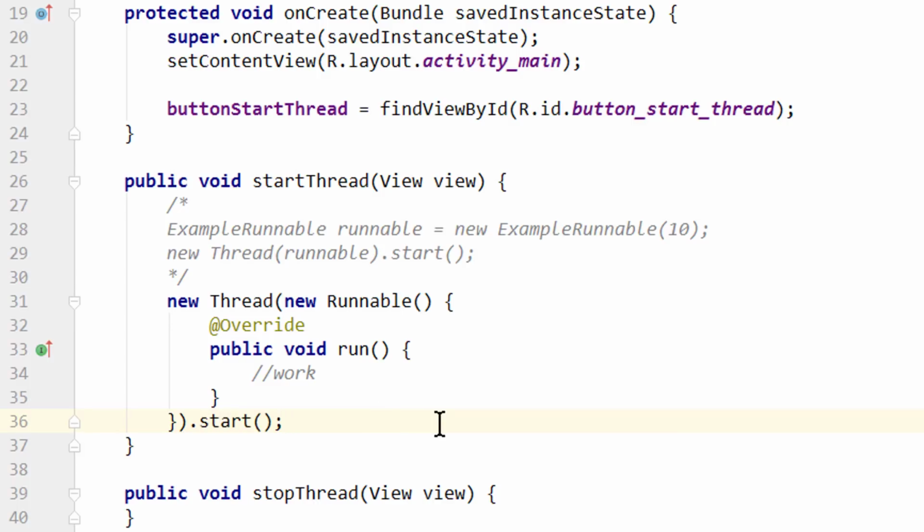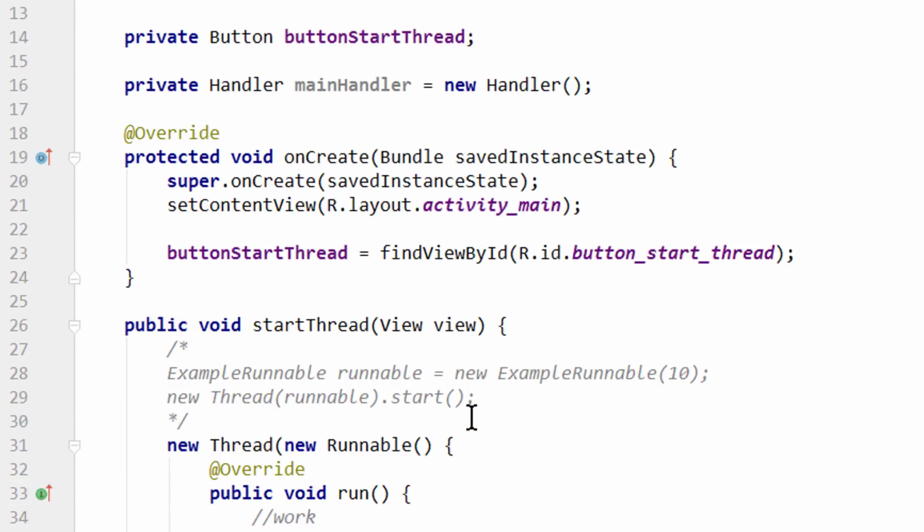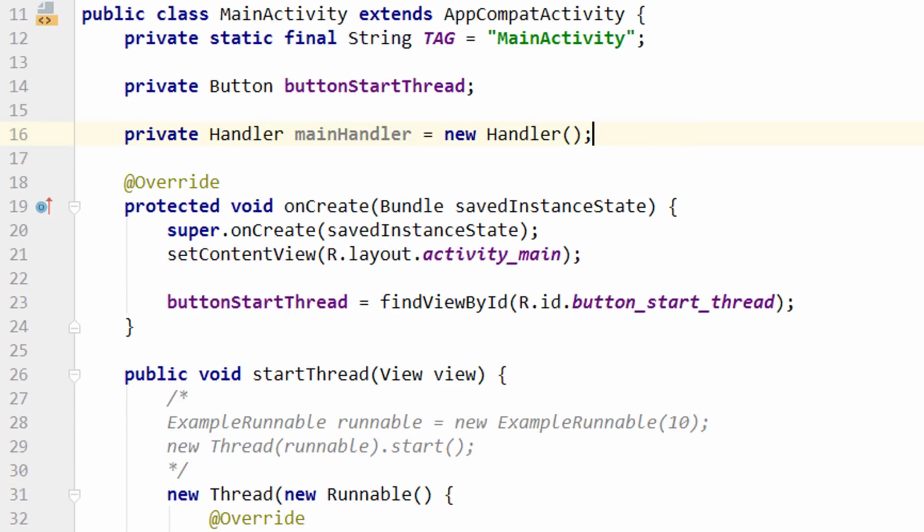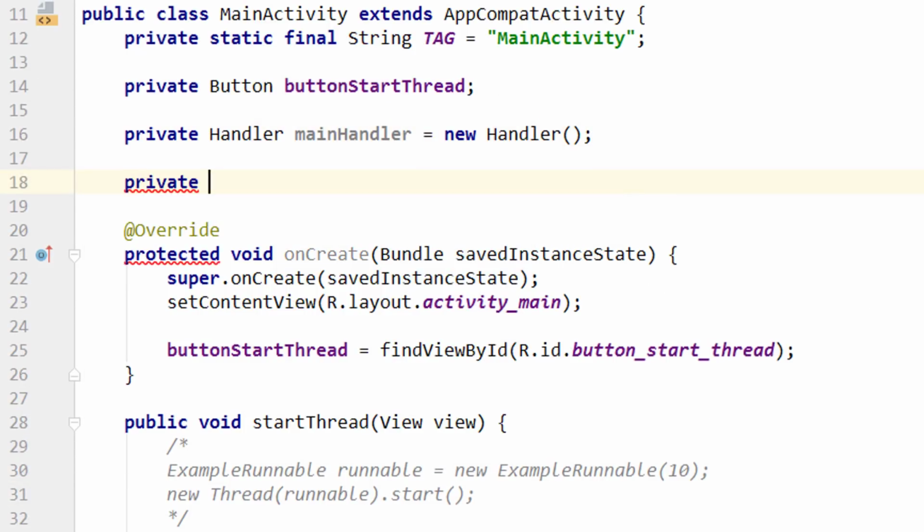And if you want to stop a thread before it's finished, you can do this with a boolean variable. So we would write private. Now I'm gonna write volatile, which is a Java keyword. This basically makes sure that all our threads always access the most up-to-date version of this variable and not the cached version. Boolean, we call it stopThread, and initially it's set to false.